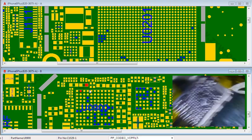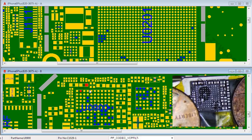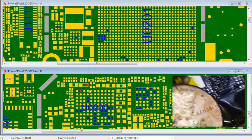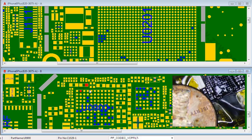Alright, so let's place it back now. I think that flux is good, so I'm just going to go like this. I'm going to heat it a little bit. I don't want too much flux in there. Even though it probably can't swim too much, but